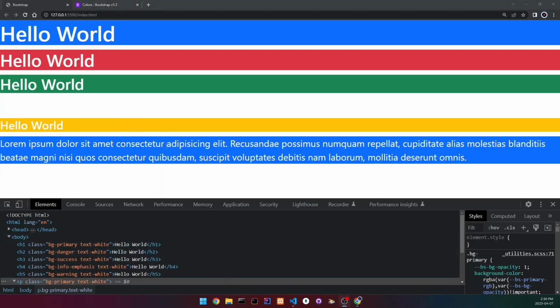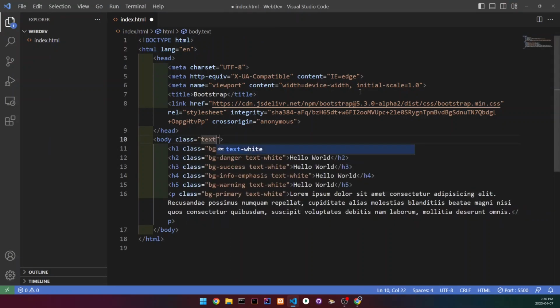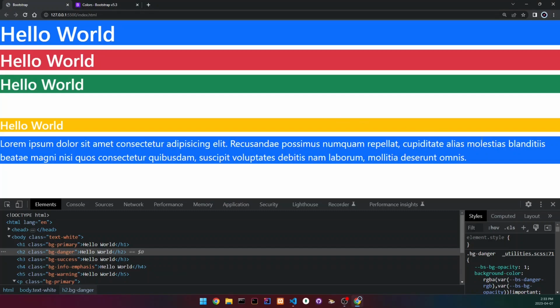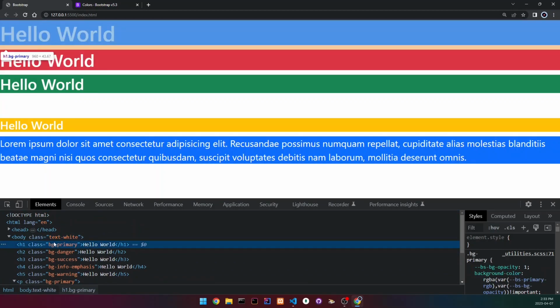And we can make this a lot simpler by going to our body and adding a class of text white. And now we can actually delete all of this. So let's do that. Go back and you can see that the text colors haven't changed, and that's because our body has the class of text white, which changes the color to white, and none of the elements in the body have other classes which change the color of the text, so they're getting the text white class from their